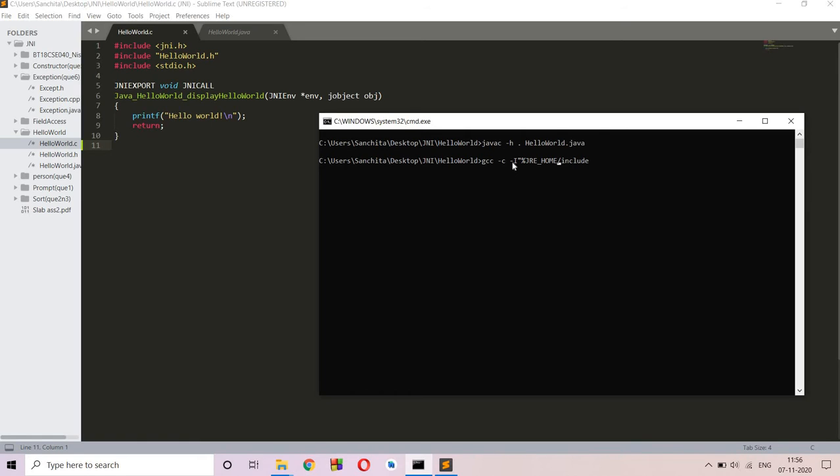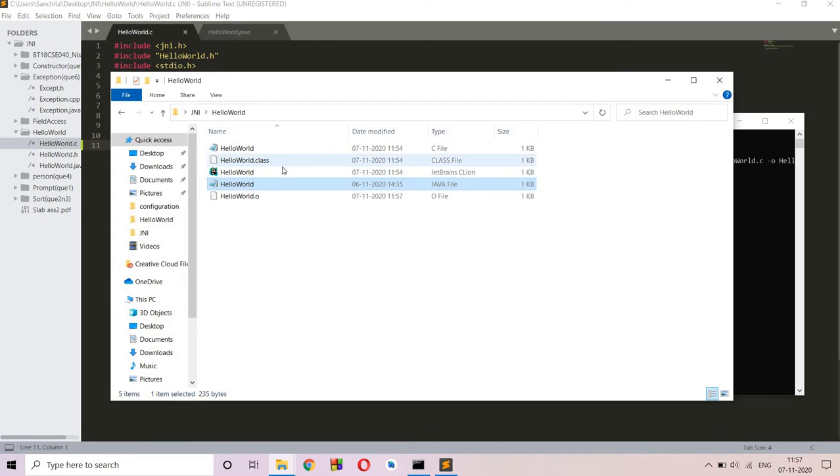This I won't close here, I'll close it with %. And for jni_md.h we have to go in win32. Now we'll write the name of our C file, which is HelloWorld.c, and we have to create an output file for it. I'll name that also HelloWorld.o. So see, now the .o file has been created, this one here.